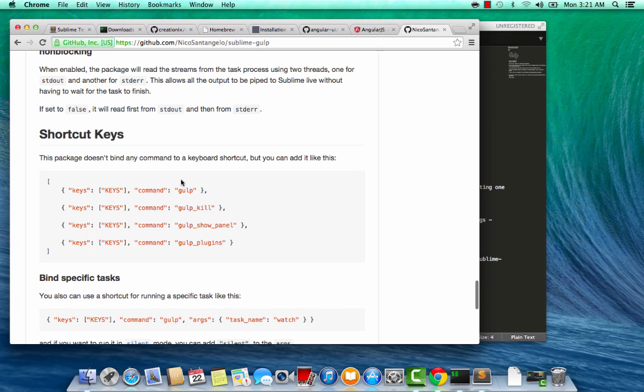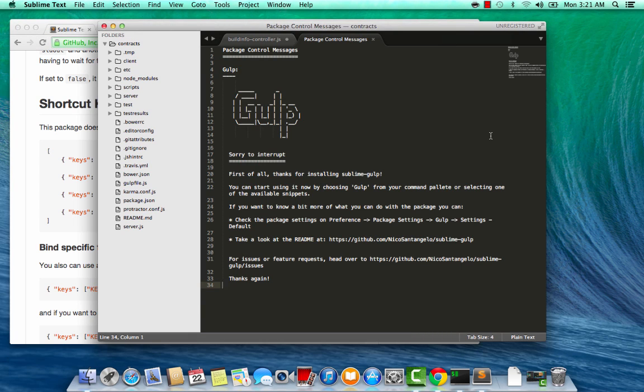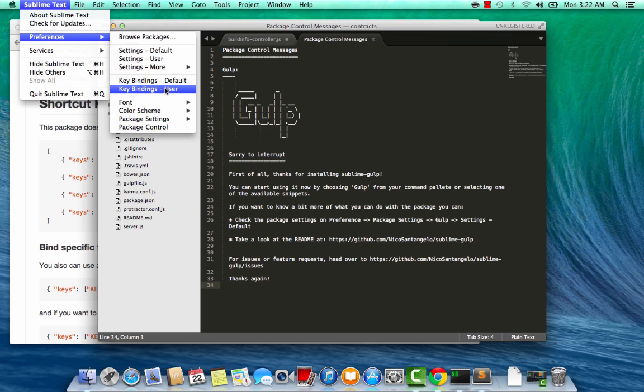So what we want to do is start up Gulp with a specific task. The task name will be default, and we want to kill Gulp. The key now, no pun intended, is to actually find a good key map for it. I have one already that I use for both of these, and I'll show you what I'm using there. So I'll open up my user key binding,